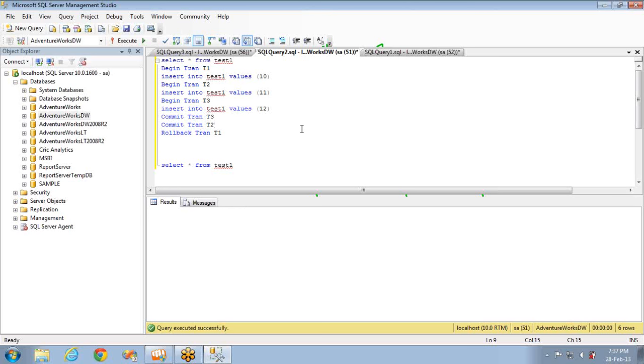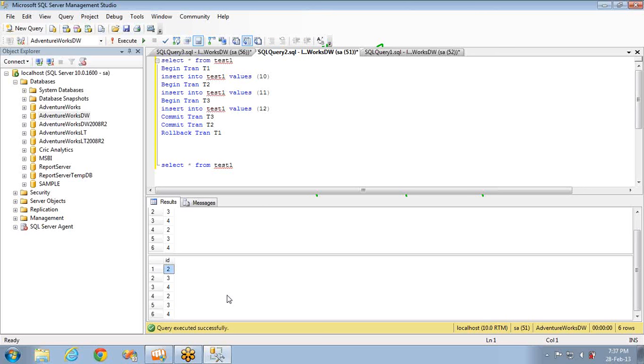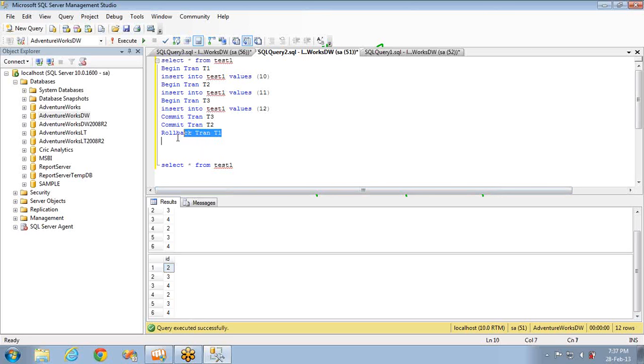If I execute the first select statement, it is returning the 6 records, and the select statement at the end is also returning the same old 6 records. Why? Because it always depends on the outermost transaction. If the outermost transaction is rolled back, then everything will be rolled back.